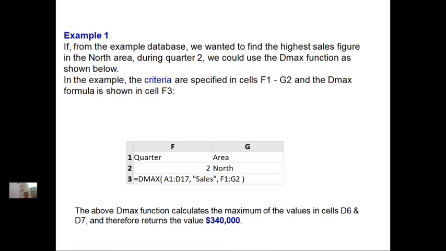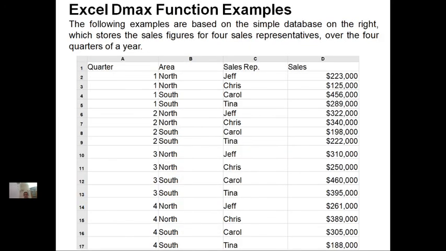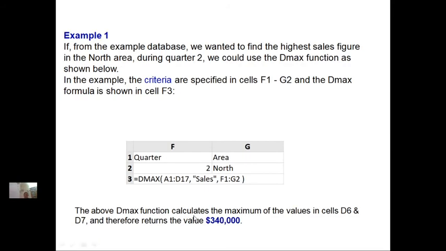The maximum value of these two is 3,40,000, so that is why it returns the value $3,40,000. So I think students, you got the point. You understood the DMAX function.